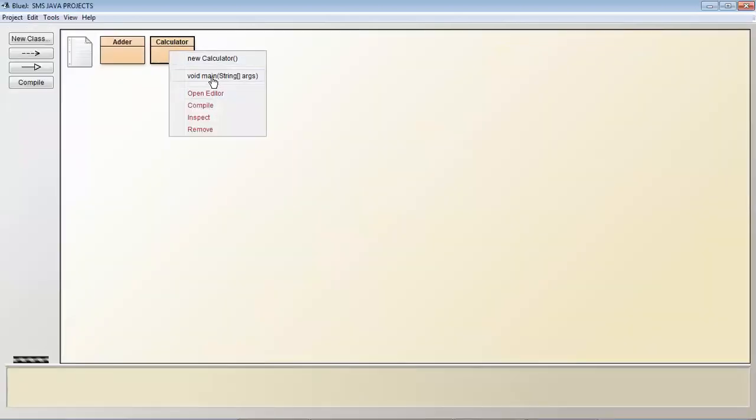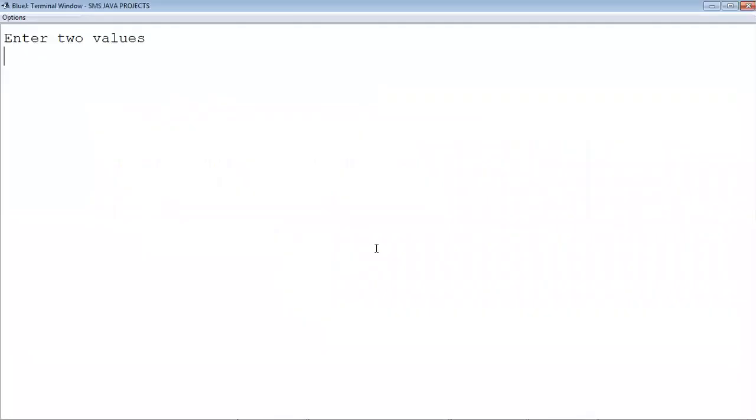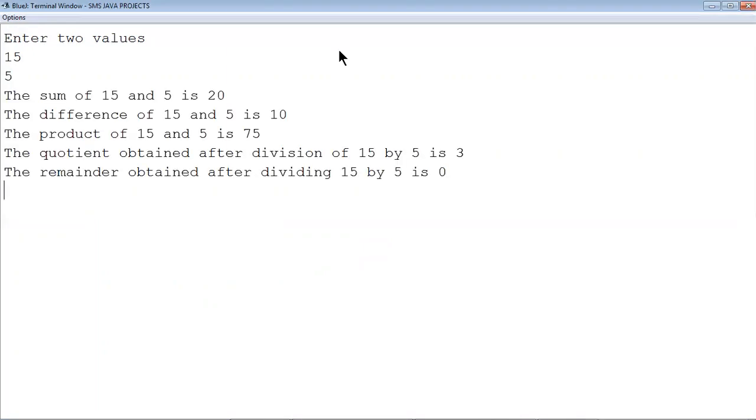Let me run the main method. Enter two values, for example 15, enter, and then 5. You can see the sum of 15 and 5 is 20. So who has displayed this line? Is it the main method? No. From within the main method, we have called the display sum method, so the display sum method has displayed this line.